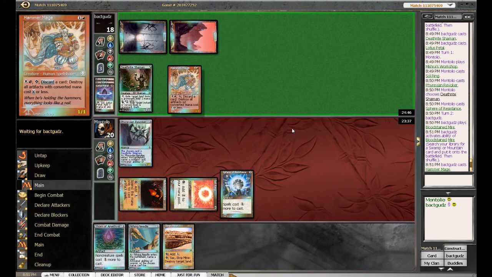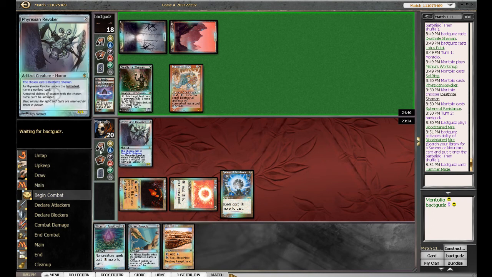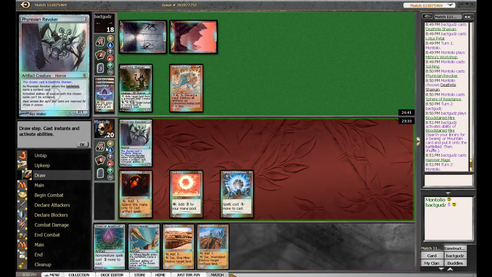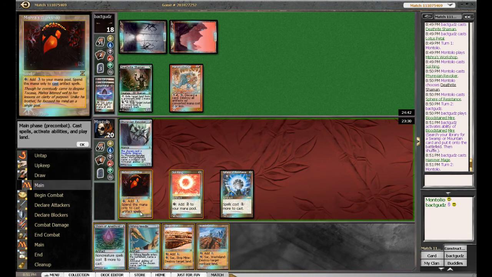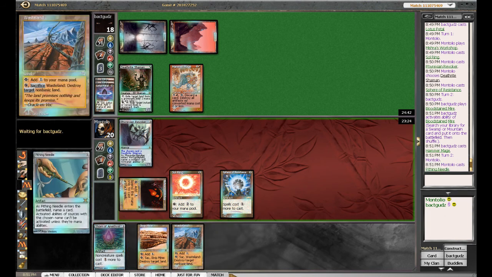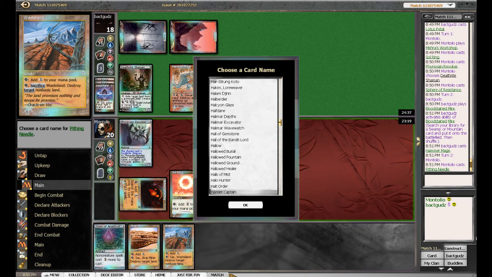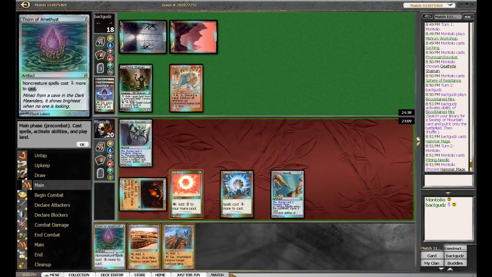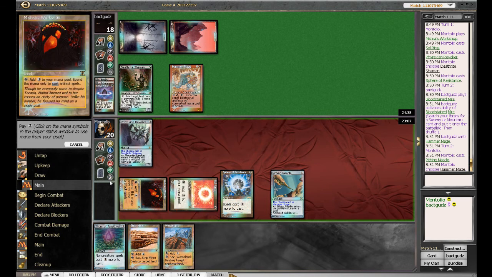Okay, Hammer Mage. So this is good for us here because we've got the Pithing Needle, and I suspect it's going to be hard for him to kill the Pithing Needle. But the sphere is on the table. So let's get it out. We're going to name Hammer Mage. Gotta always be extra careful when doing these things. And we will play out a